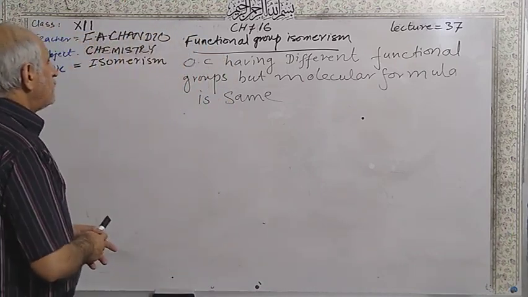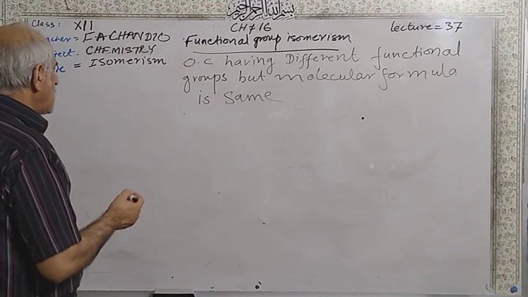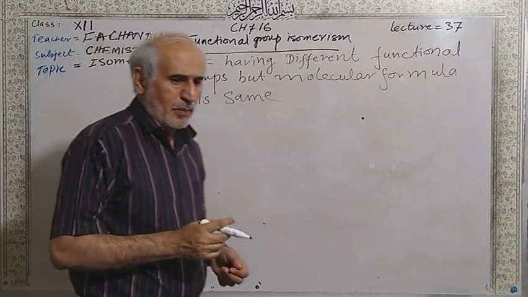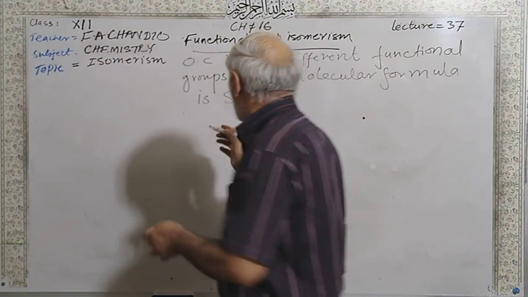These are called functional group isomerism. So examples are given here: propanol,